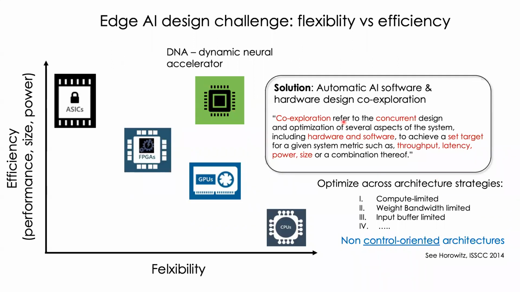So you can really not only search through that space of the models, but you can also search through different types of architecture strategies. You could be compute limited. So for example, in this case, you limit the amount of compute that you have. You could optimize some other parts of your memory. You could also be weight bandwidth limited, meaning that you bring your data onto the device itself, and then you could reuse that data multiple times. You could reuse the parameters of that network multiple times. And similarly, there are various different strategies that one could try out. And in this case, having a co-design framework, you could search across various different strategies.